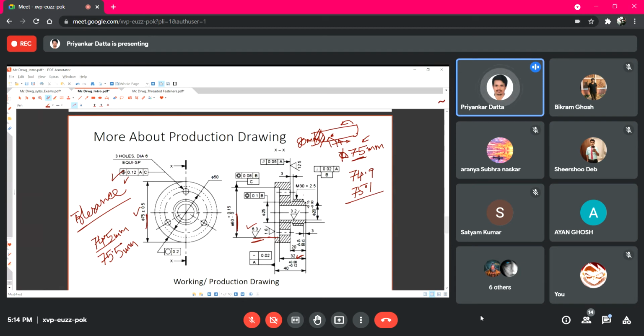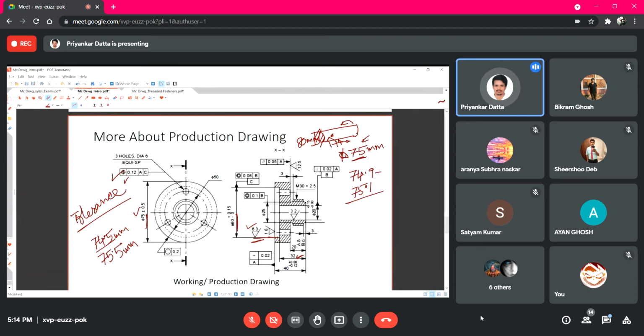So the designer again checks how much allowance can be given, so that the component does not fail in operating condition, and these errors can be adjusted. That way this limit is set. So instead of 75 millimeter, if the operator manages the diameter somewhere between 74.9 and 75.1, then the designer accepts the component.